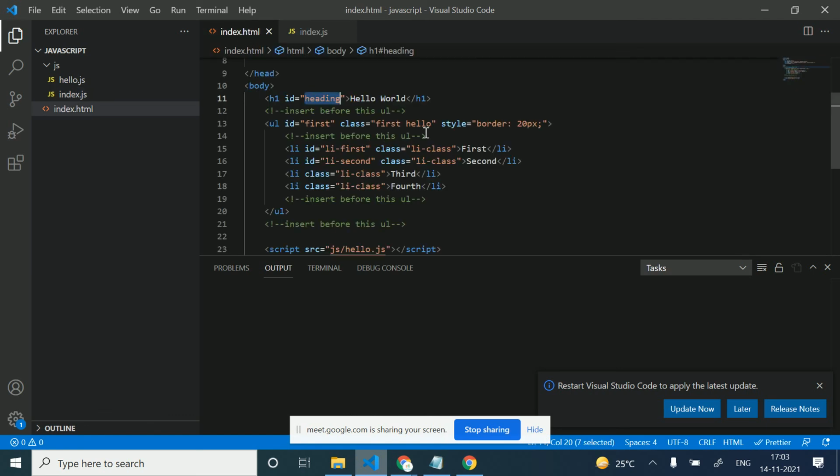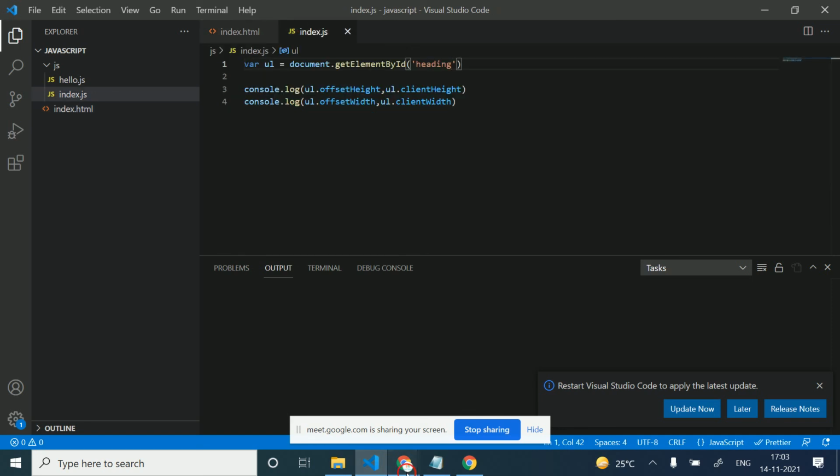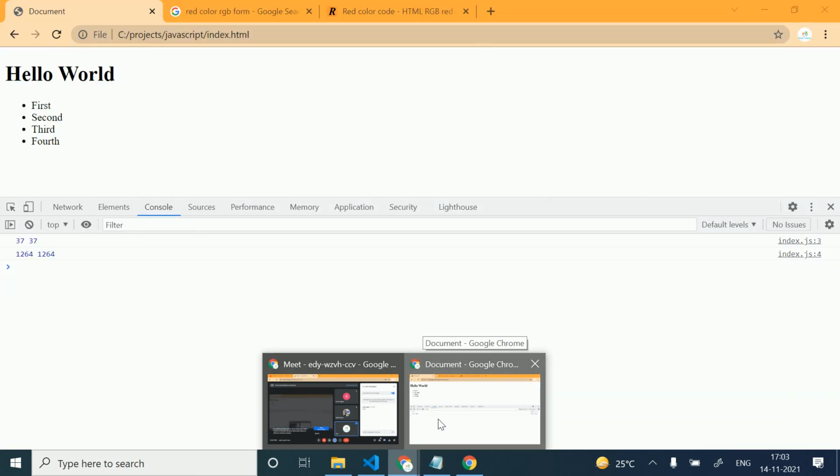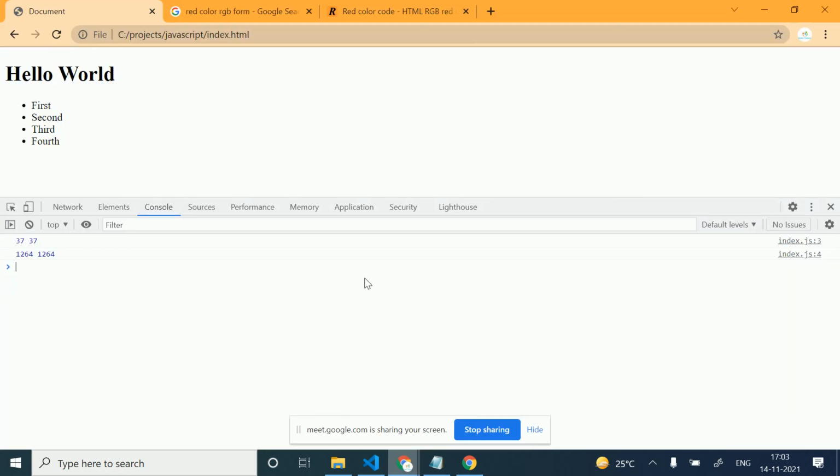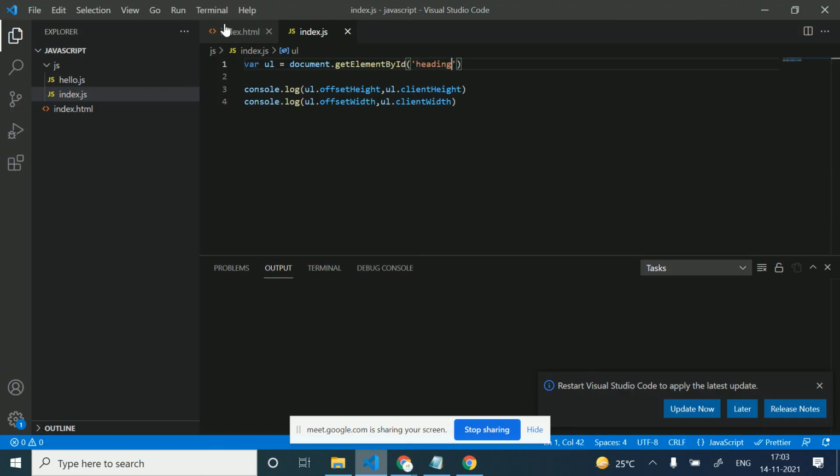I'm just adding the same. It did not work, so let's add by JavaScript.